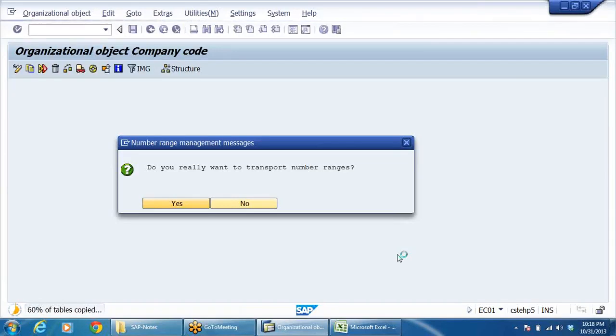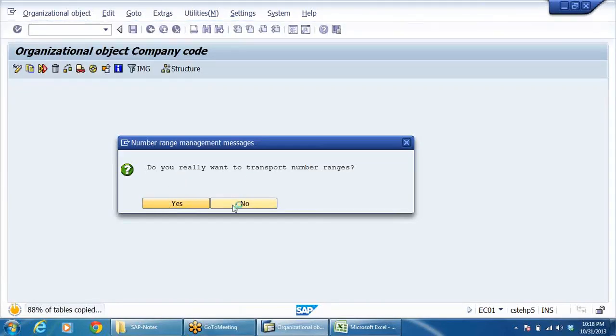We can create vendors by using that group. I'll show you that. We need not configure AR, AP, everything again. Not required. For group level, when we create account groups, that's why I told you, if you remember or not, vendor number ranges and customer number ranges are client level. That's the reason you don't find company code there.